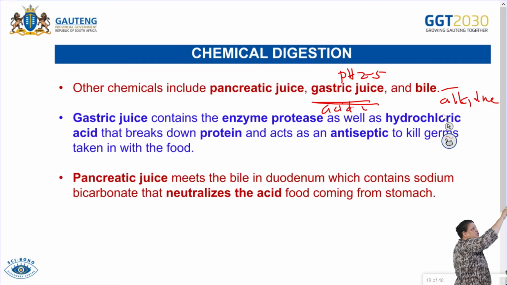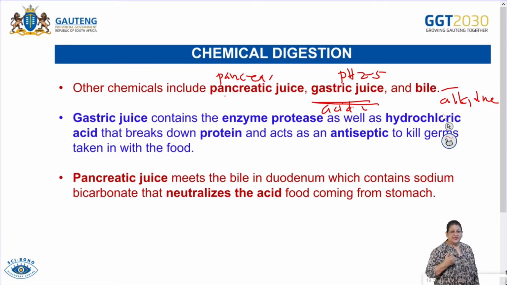And the pancreatic juice is produced by the pancreas. So what are the digestive juices in the digestive system? Your saliva, then your gastric juice in the stomach, then your bile juice from the gallbladder, then your pancreatic